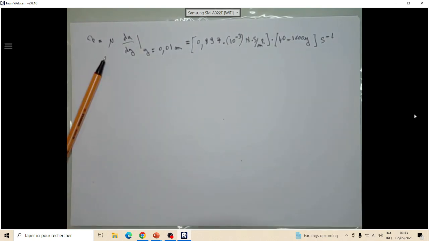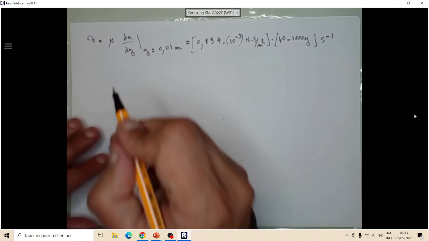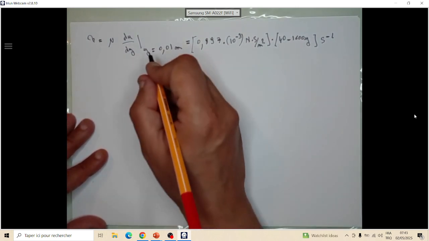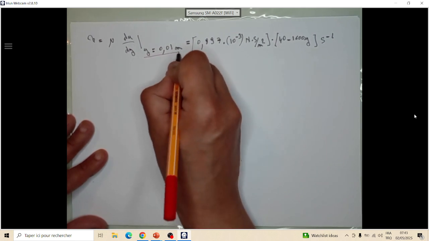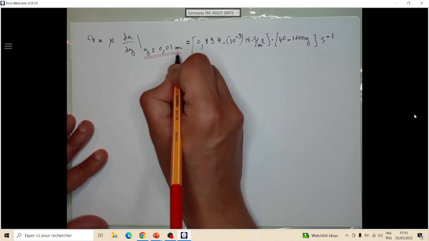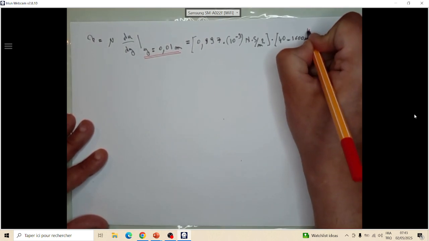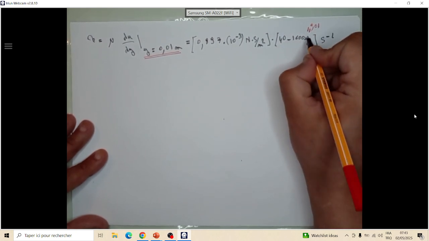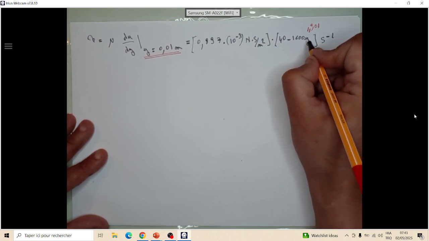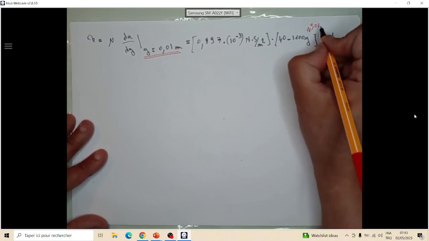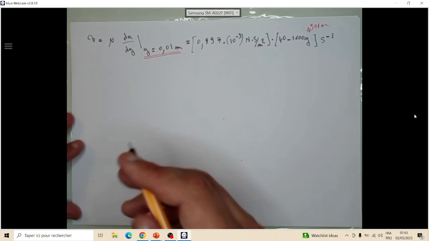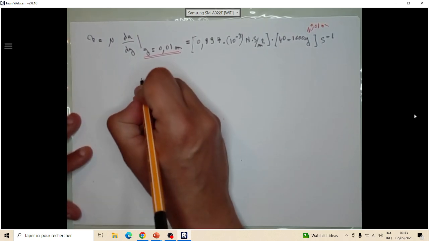And I have to replace the y here, since we are working at y near the bottom of the moving plate. So we are at y equal to 0.01 meters. So the value that I have to give to y here is 0.01 meters. And after the calculation, it will give me that tau is equal to